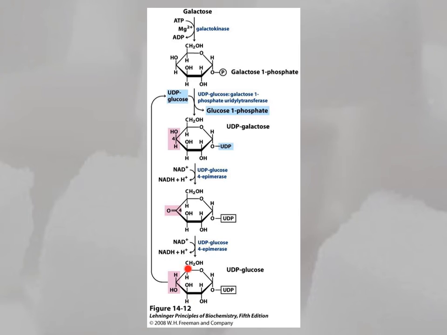And then now it's UDP glucose, which comes up here to the transferase, which will kick off that glucose part to go on to glycolysis, and we'll have the U that gets added onto the next galactose. And so that's why it just continually goes on and on. Okay, and so that's the end of all of the